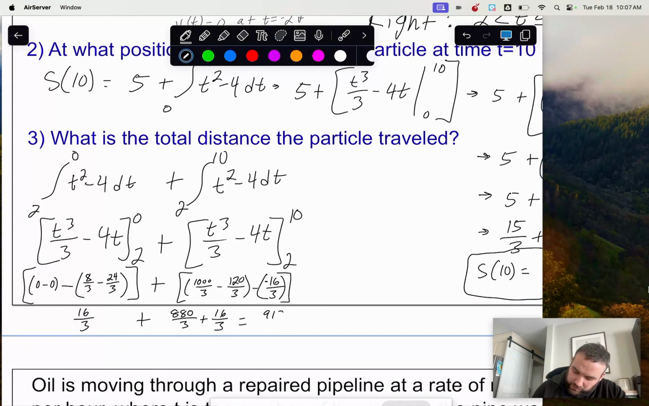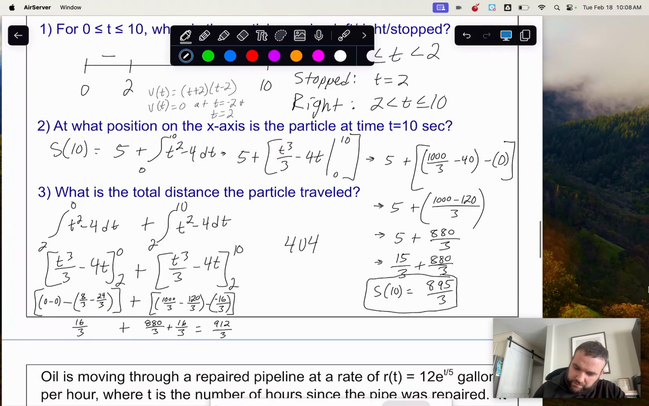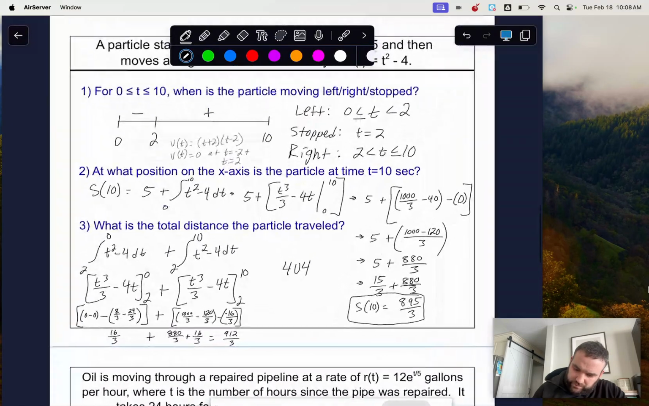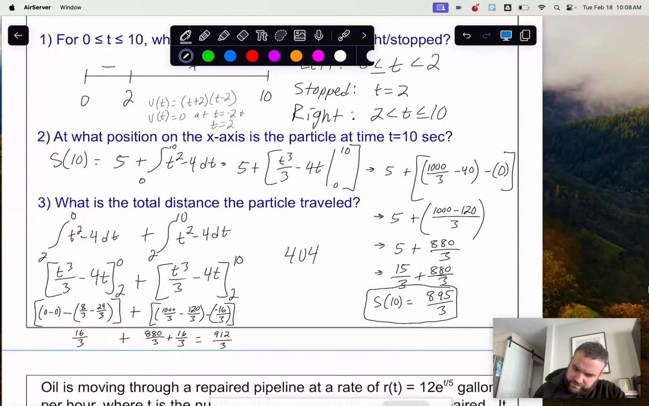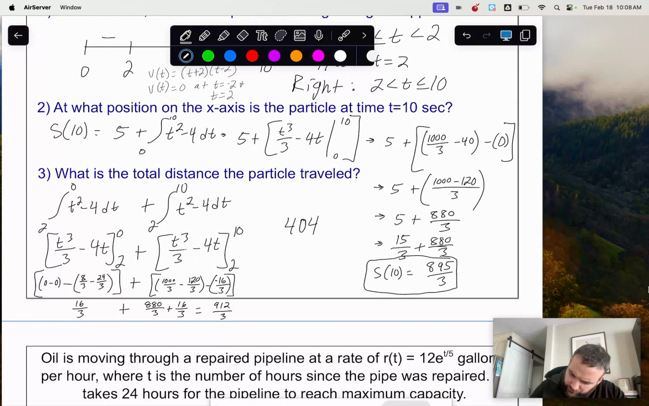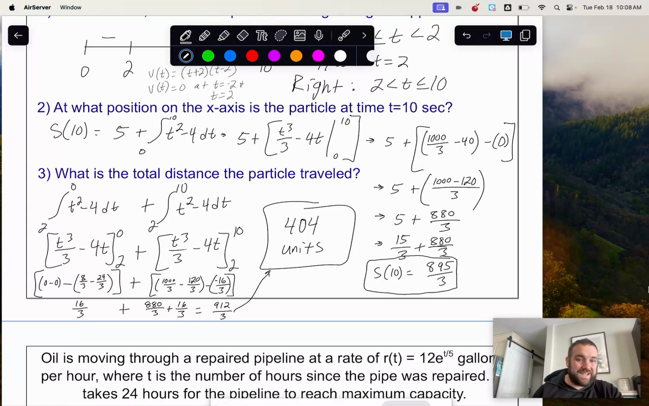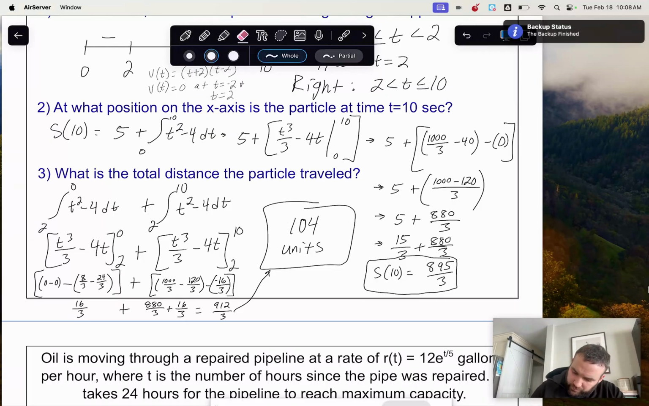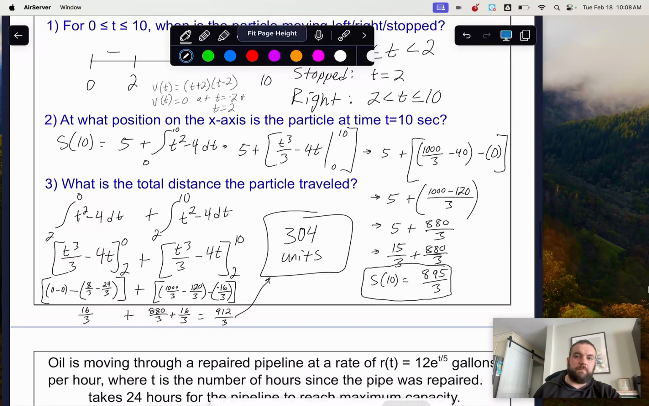So 912 over 3, which is actually just 404. So 404 is the total distance traveled, and we don't have a unit. It doesn't say meters or feet or anything like that. So we could just say 404 units is the total distance traveled. And again, the 404 comes from 912 divided by 3. That's not 404, that's 304. Putting myself out there, trying to do this math in my head. Already messed up 2 very simple calculations. But,